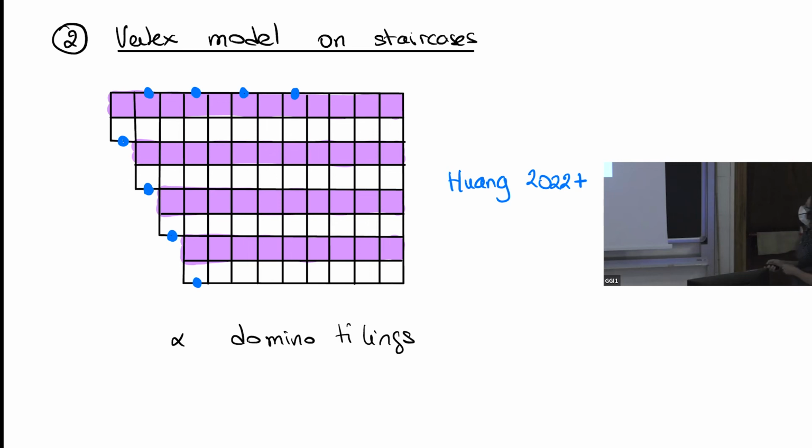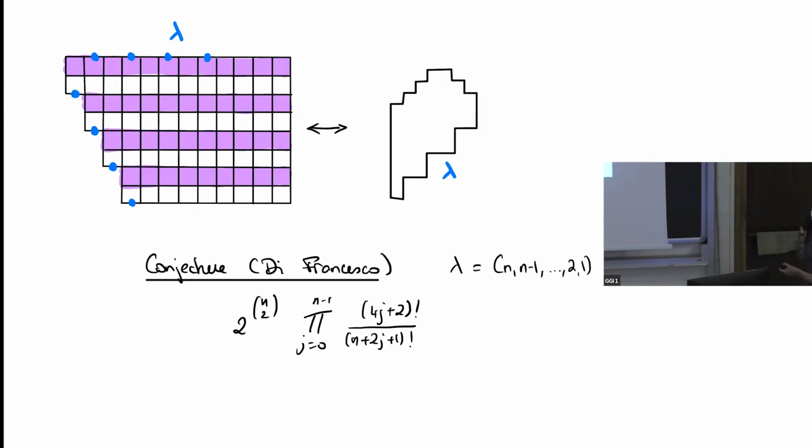Okay, so I do the same as before, except my bottom partition now is on a staircase, and my top partition is a partition lambda. And you can see again these objects as certain domino tilings. And one special case about that is something that Philippe Di Francesco talked about, is you can make a bijection between this vertex model on staircase shape and certain domino tilings of this shape, where the lambda here corresponds to